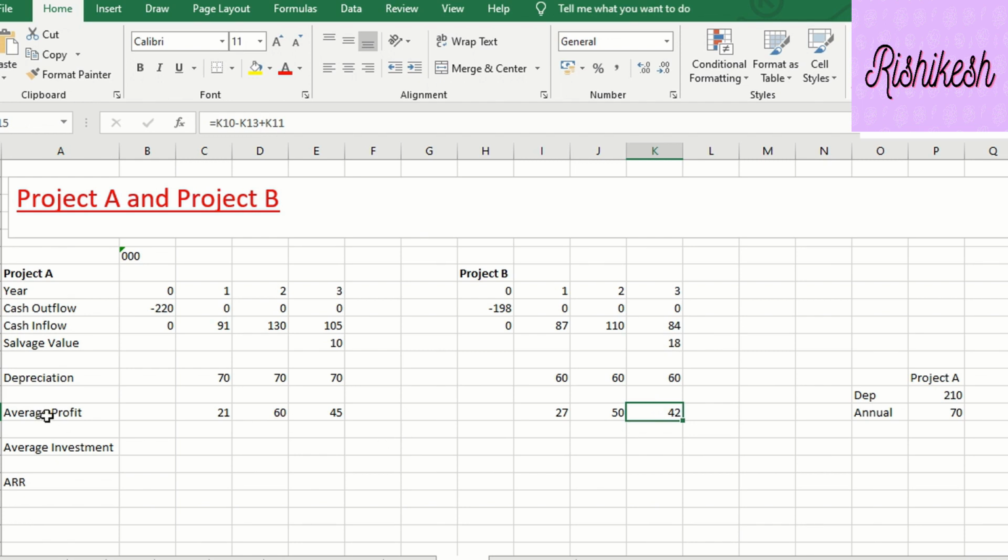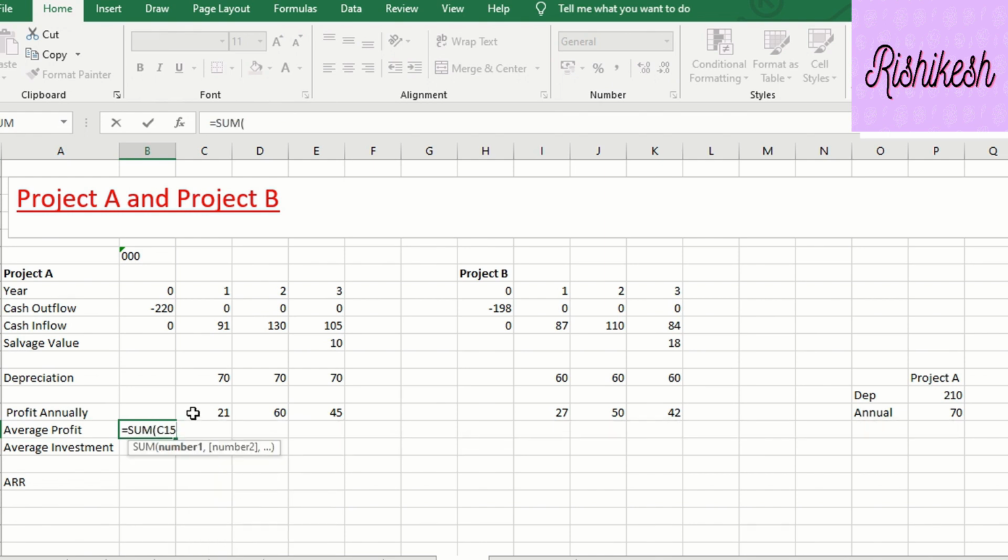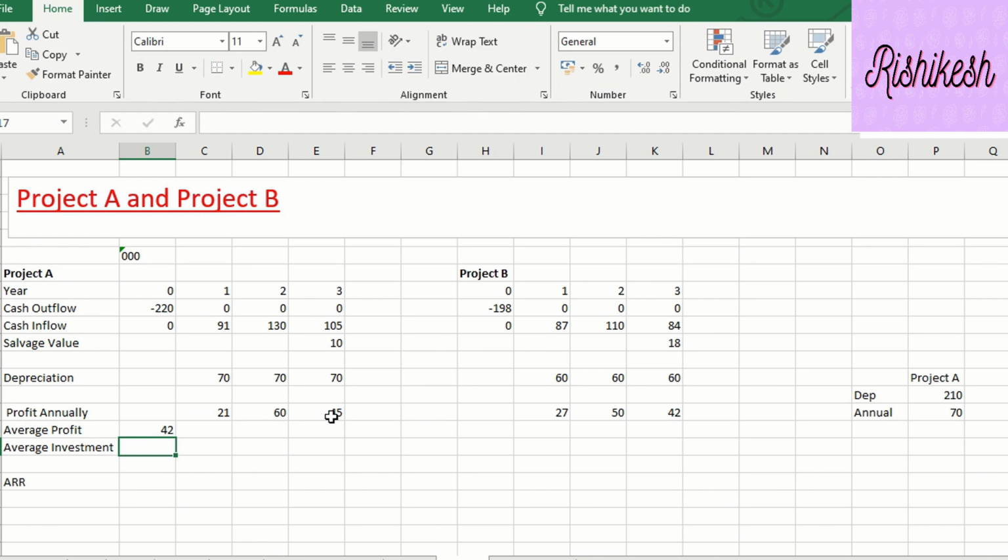Now this is the profit. So this is not average profit, this is the profit annually, right? But what I need is an average one. So average profit for me will be equal to, can I say, the sum of all these three divided by 3. So that will come out to be 42. So 42 becomes my average profit,